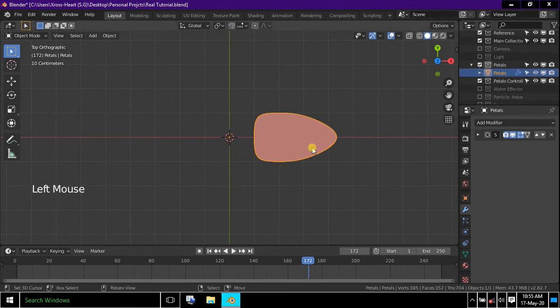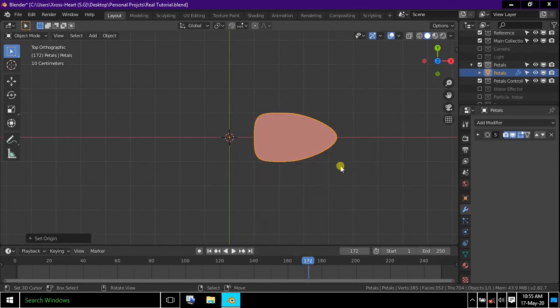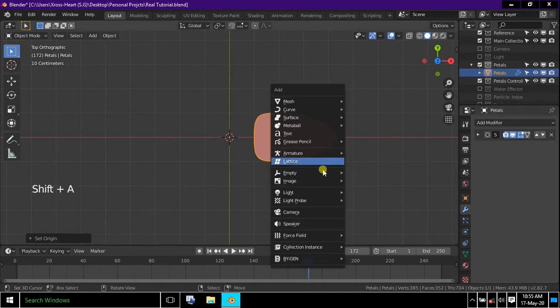Press Shift S and select Cursor to World Origin. Then press W and set Origin to 3D Cursor to reset the origin of the pedal. Then press Shift A and add an empty